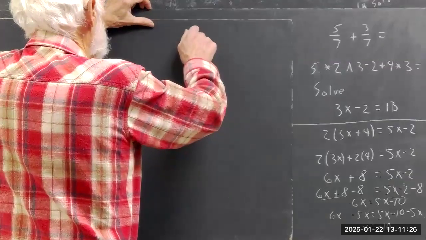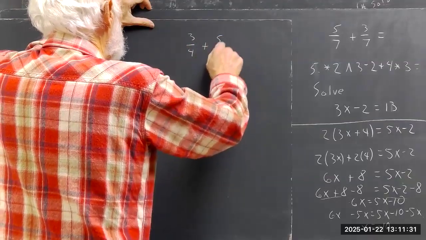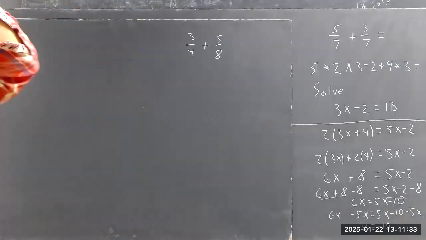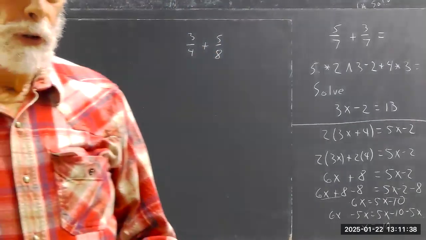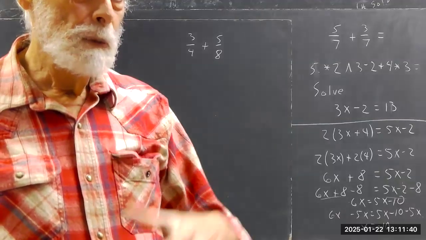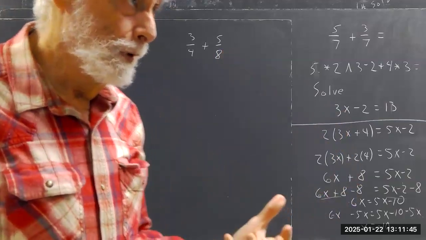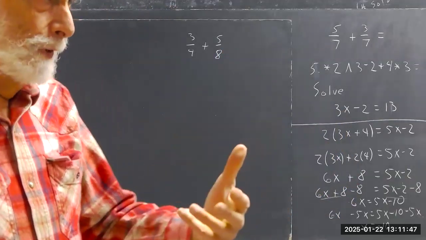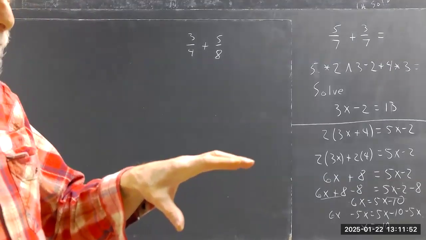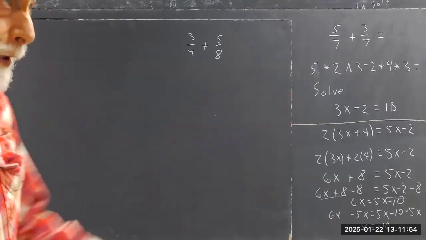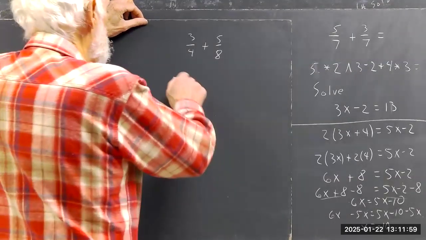So let's say we have 3/4 plus 5/8. Now I'm just going to show you the procedure for doing this. We'll talk a little bit more next time after you've done it about why we do the procedure, but it's kind of obvious. And a little bit more about how we might use prime factorizations and so forth, which we're not going to have time to talk about today. Okay, so to add these,